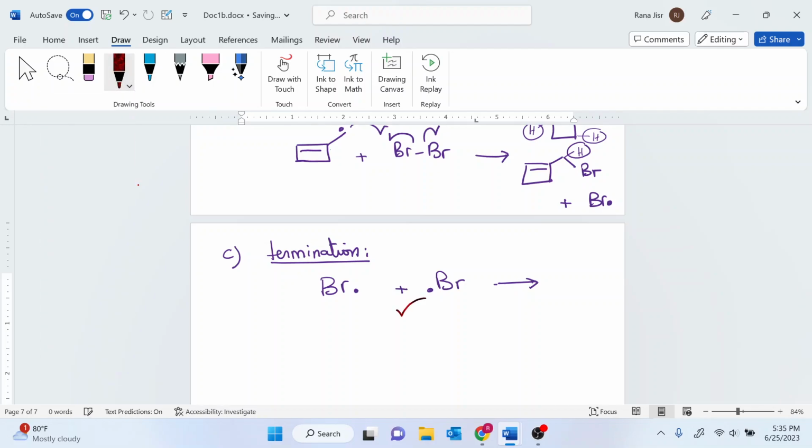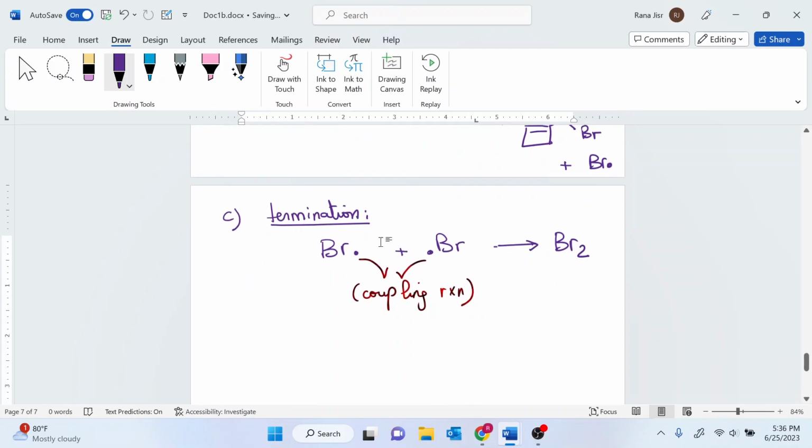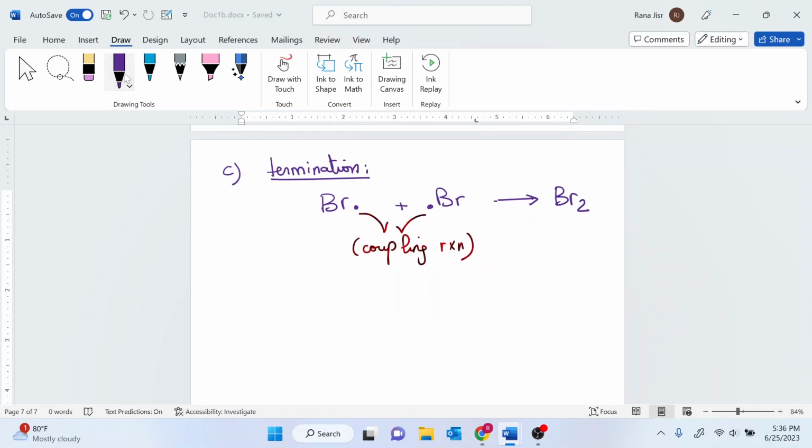So when you have a radical forming a sigma bond with another radical in here, this is called a coupling reaction. And you're going to terminate your radicals in there. The ones that start the reaction are the bromine radicals, so it's very important to terminate this. Start with that. We can also terminate